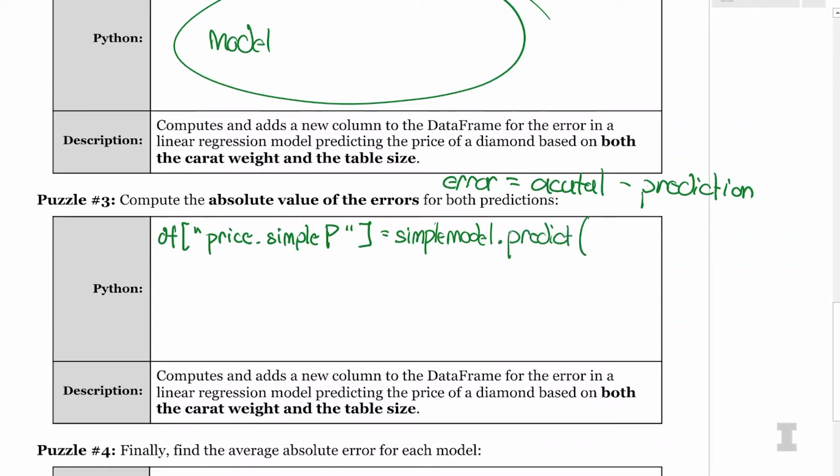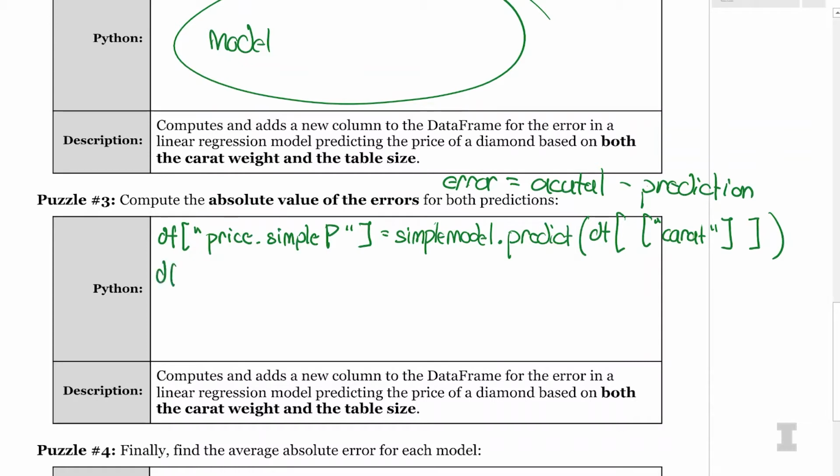Our simple model only has df at, and then a list of our independent variables. Our independent variable is just carat for our simple model. Close square bracket, close parentheses. And that should add a simple prediction to our data frame.